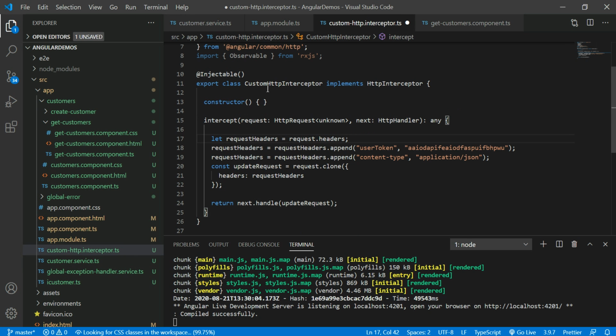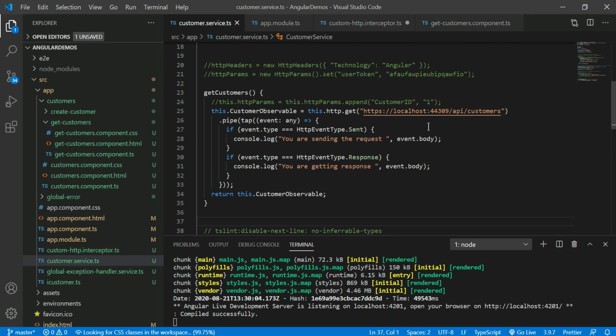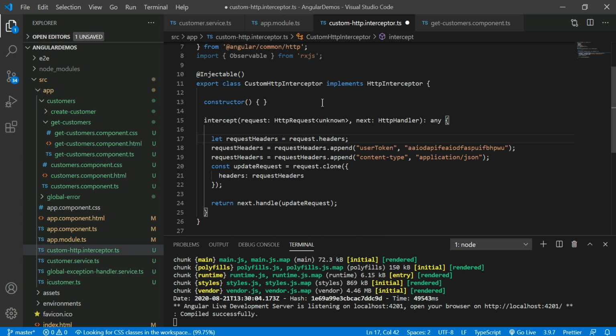Not only modifying data, you also get an exception when you add a wrong API from the service. In an earlier video we discussed how to handle the global exception, and you can do the same thing using the HTTP interceptor also.